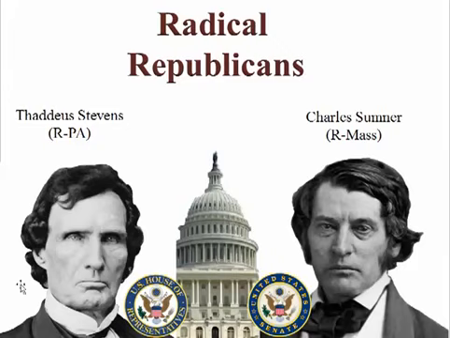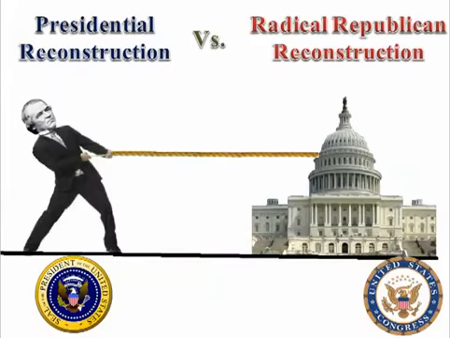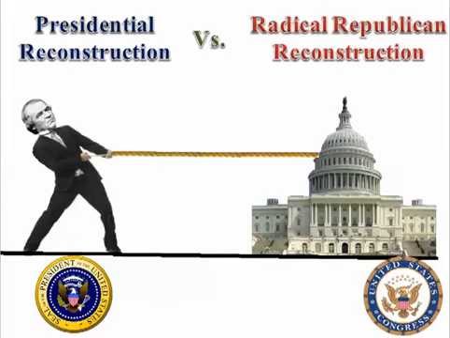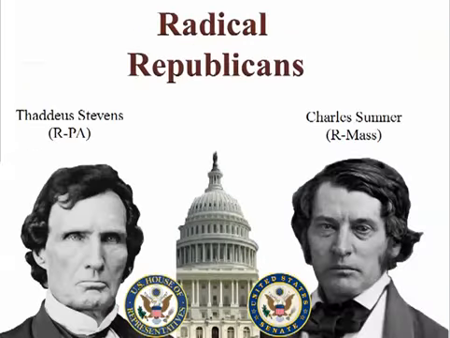And it's going to be this tug of war, and we talked about this, between President Andrew Johnson and his presidential Reconstruction plan, as opposed to the radical Republican Reconstruction in Congress at the time, which was really these guys, Charles Sumner representing the Senate, Thaddeus Stevens in the House of Representatives. So that's how it's related. His impeachment is related to Reconstruction because of this fight over who's going to carry out Reconstruction. Is it going to be the President of the United States, or is it going to be Congress? We talked about these radical Republicans and this argument between them and Andrew Johnson.